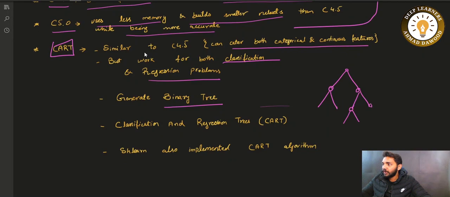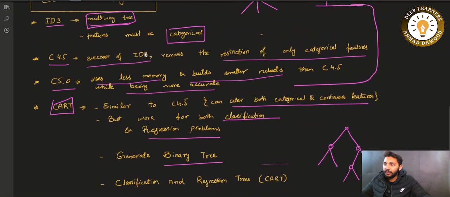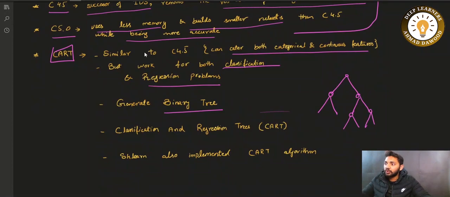It cannot have a multi-way tree. So this is one of its properties: it can generate only binary trees. It can work for both classification and regression problems. That's why its name is also for the same case: classification and regression tree,